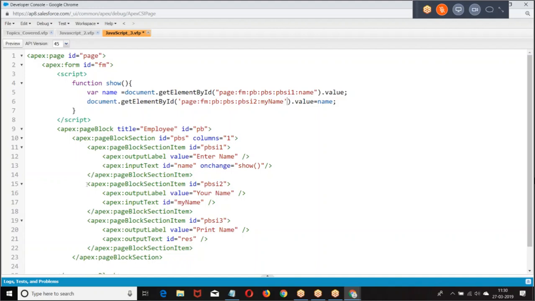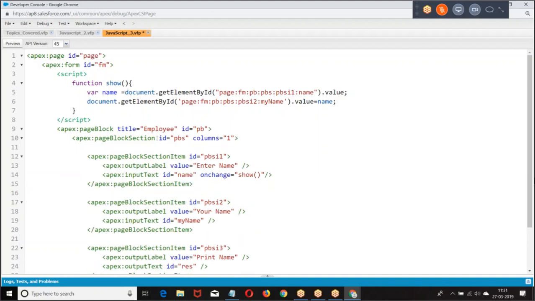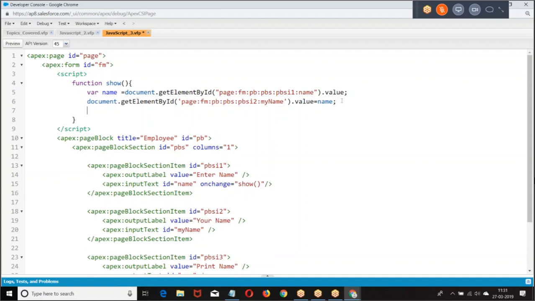Here I want to display page block section item 2, equal to this. Then next one. Is it an input text box or output? Output. If it is output, again the same story. How?